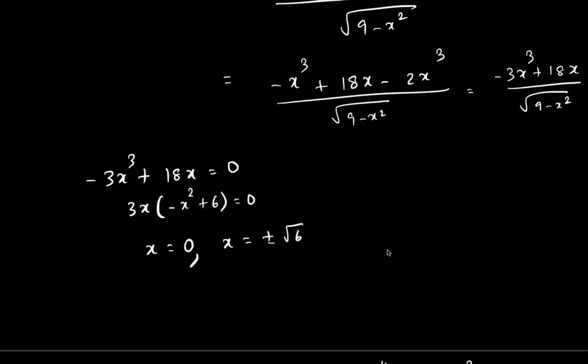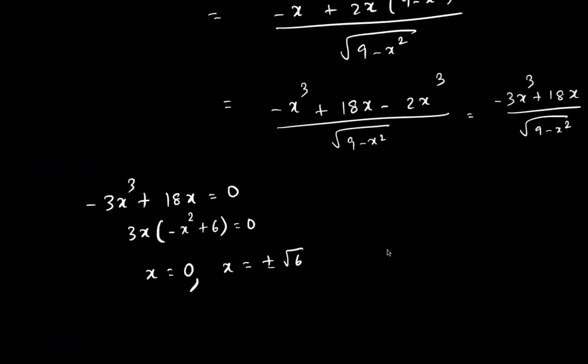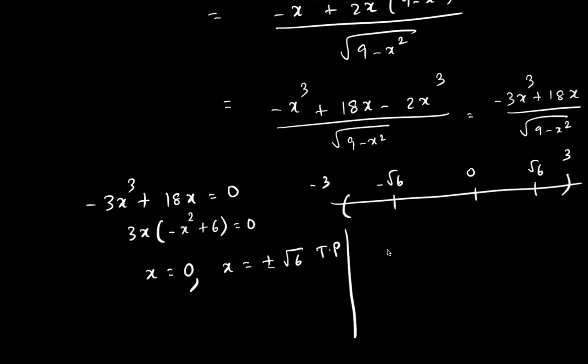Now I need to see which ones are going to become my intervals for the increasing and decreasing. So what I'm going to do is draw a number line. -3 to 3 was my original domain, correct? So -√6 is here, 0 is here, positive √6 is here. So I'm going to take a test point in all of these, okay? So here -2. If you look at this number line, 0 is here, -1, -2, -3 is here, right? Now, -√6 is